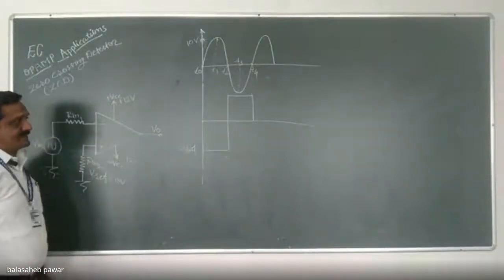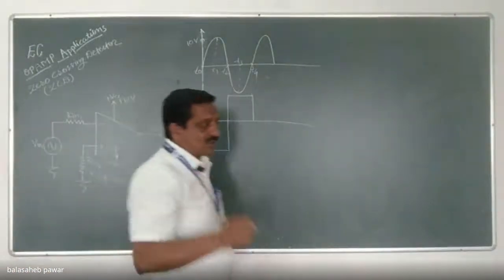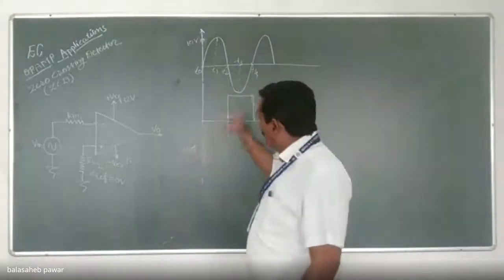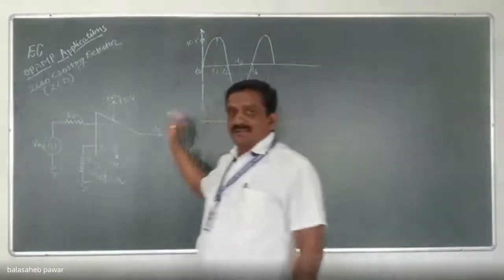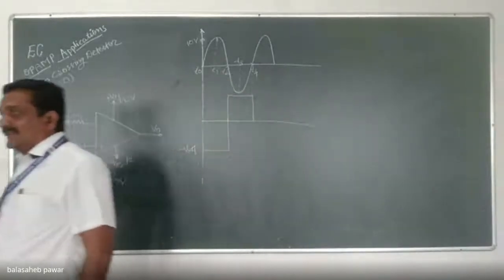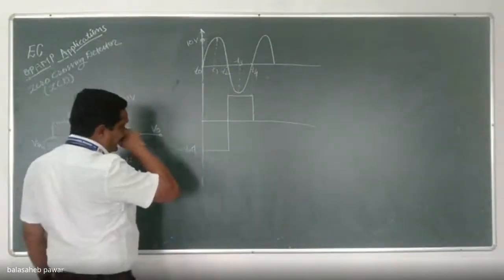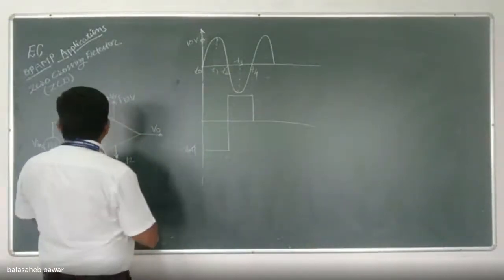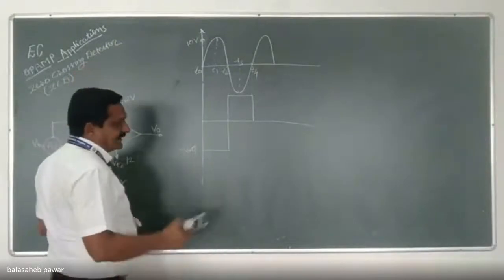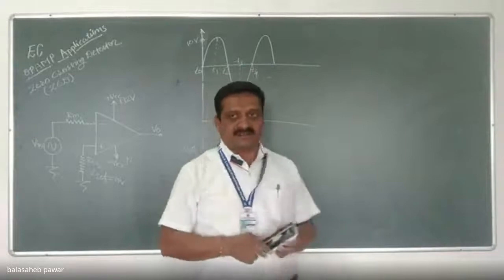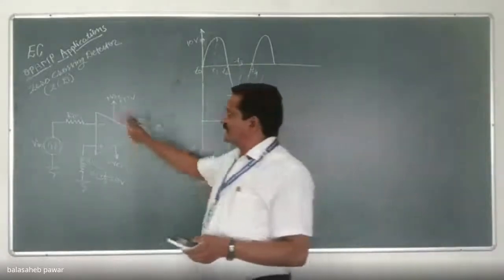So remember this ZCD, whenever the zero crossing of that time varying signal occurs, the output of that zero crossing detector, it gets switched between one saturation level to the another saturation level as shown, right? And that's why we are calling it as a zero crossing detector. It detects where the zero crossing of that time varying signal occurs, right? That's why simple name, that is ZCD.